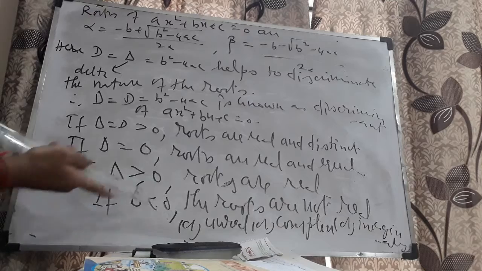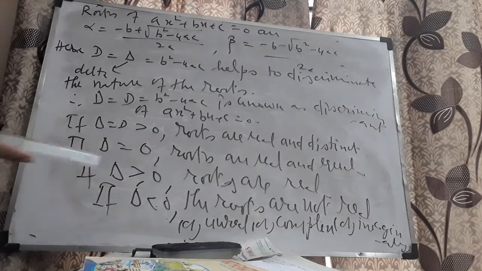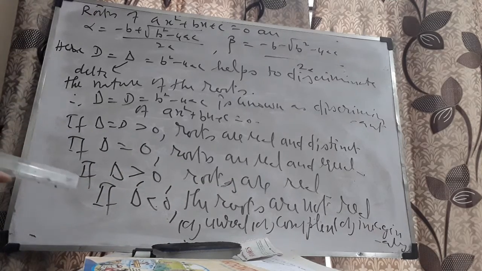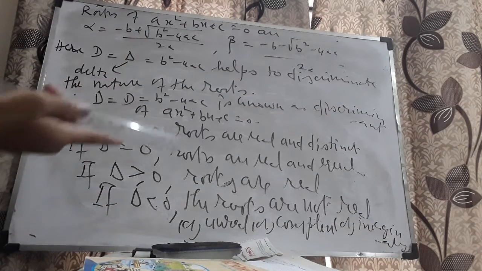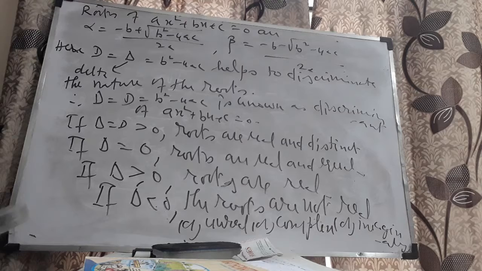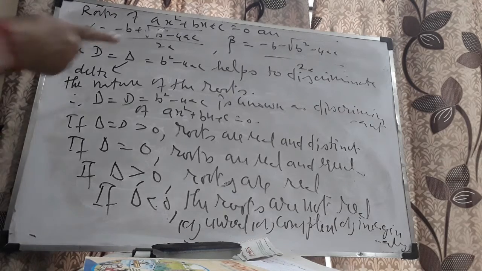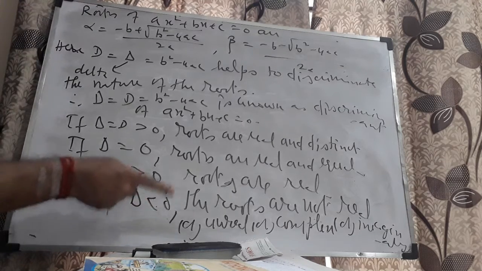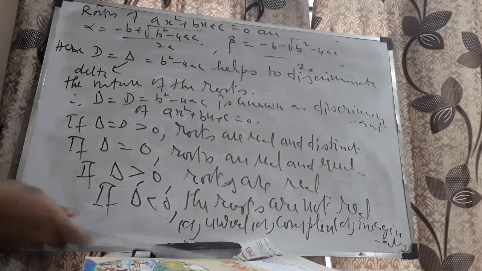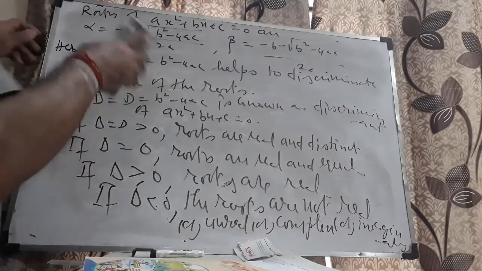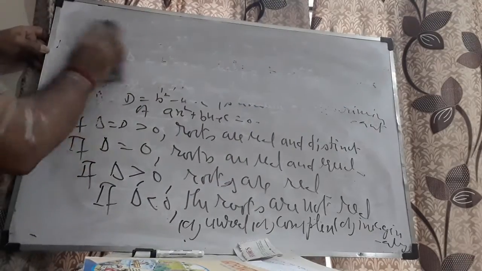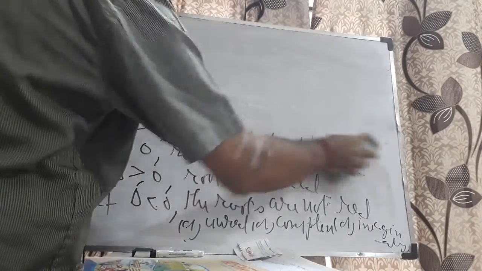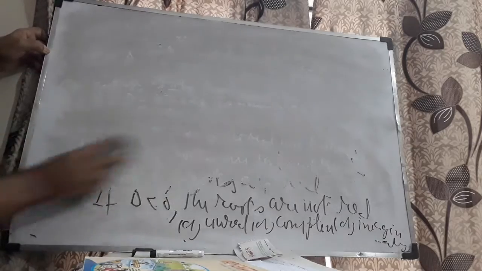Delta greater than or equal to 0, I'll say simply roots are real. There is no conclusion about equal or not equal. If delta less than 0, root of a negative quantity, you have no idea in 10th standard. You are going to learn only in higher mathematics. Therefore, we call such roots not real or unreal or complex or imaginary. This is how we think about the nature of the roots in general.